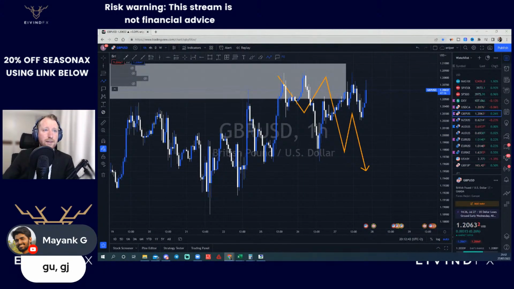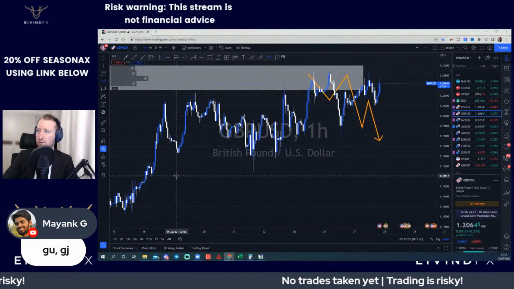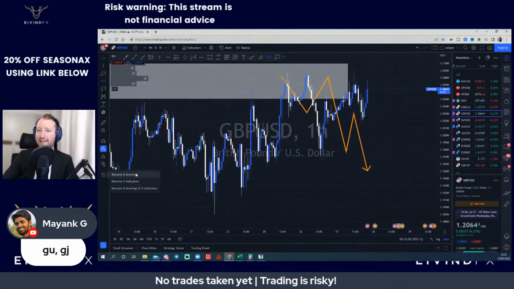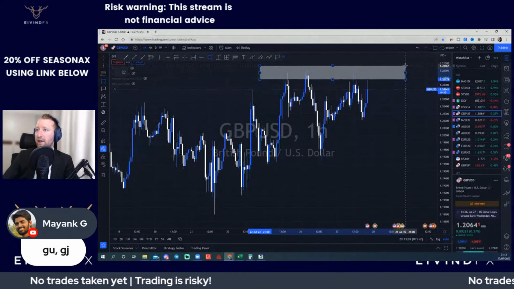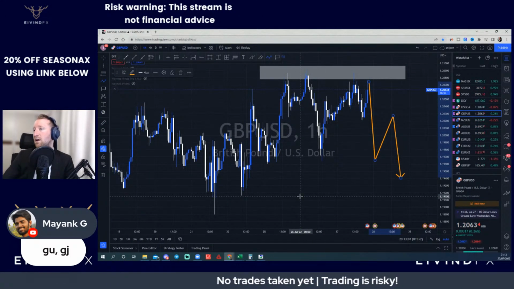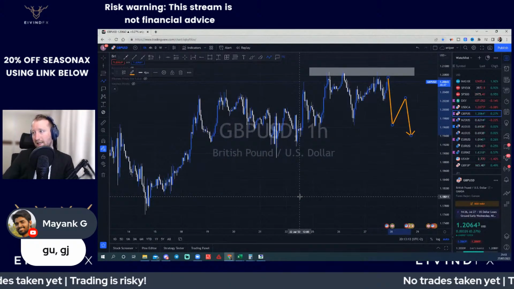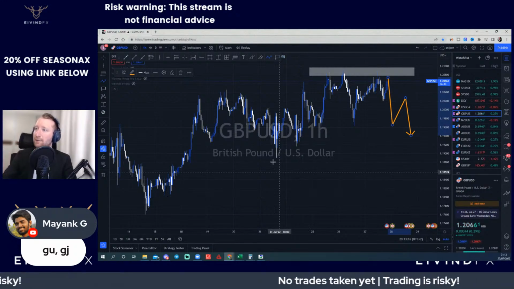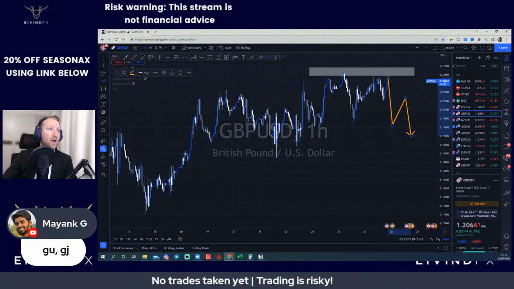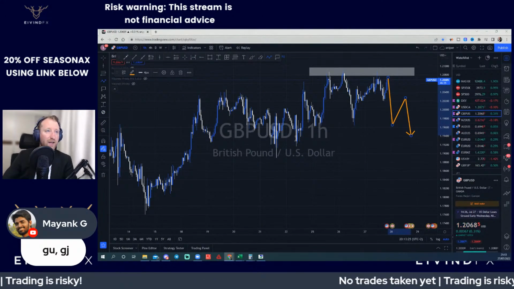The other thing I want us to do, yeah, I'm currently going to do that one down there. Pound dollar isn't looking very frisky either. It is currently at a high and not doing too great. That's a lot of pips down, but it definitely has to make a new low and come back again before we can sell it. Nothing puts me off more than a bullish market when I'm trying to sell it.